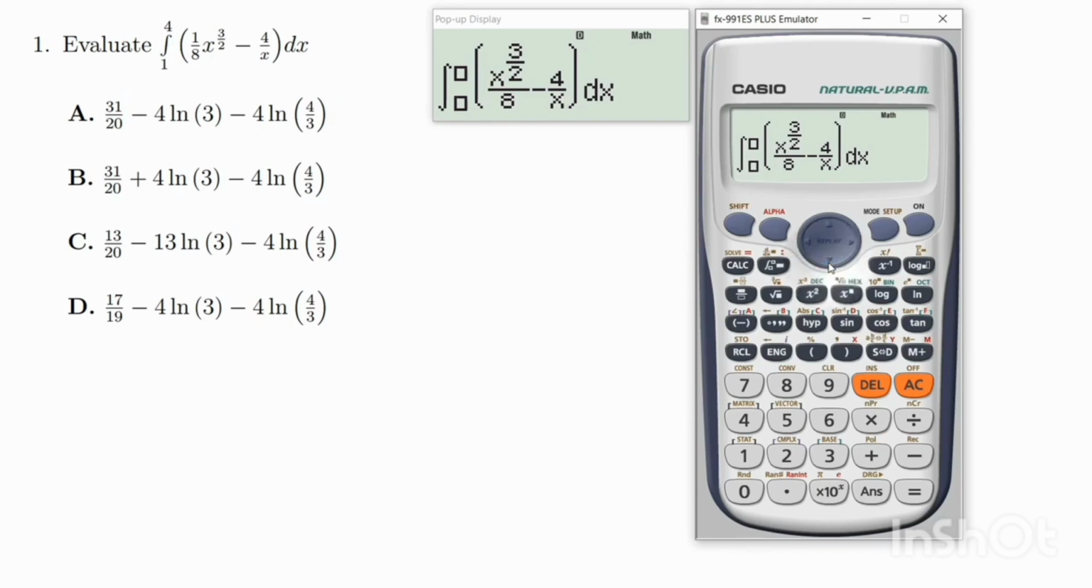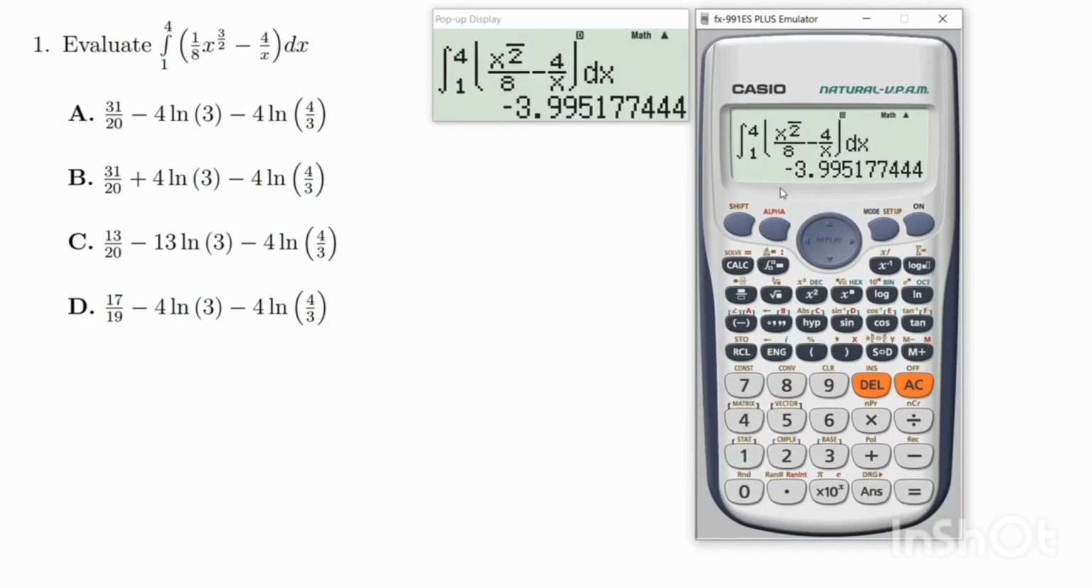So once I press the arrow down button, it will navigate to that box, and I have this to be 1. Then for the upper limit, I press the upper navigation key, and that means I have this to be 4. And once I'm done with that, then I can now press my equals to sign. Boom, I have my result, which is minus